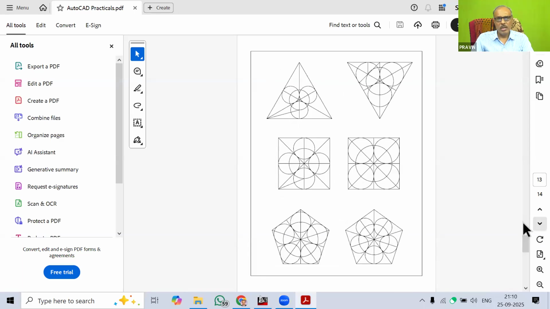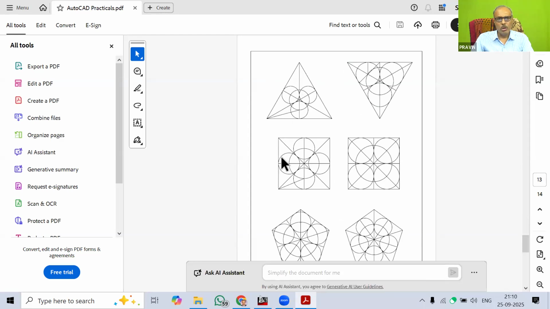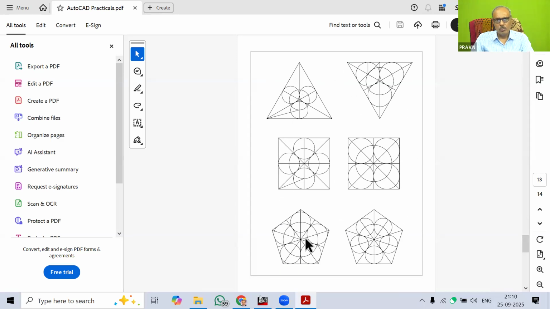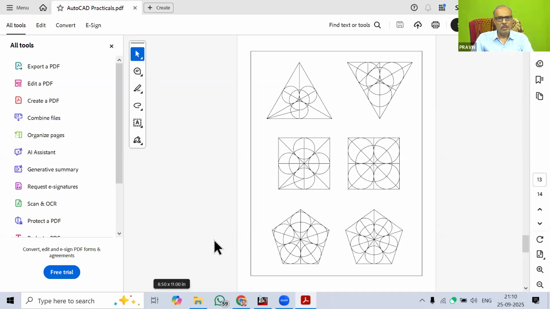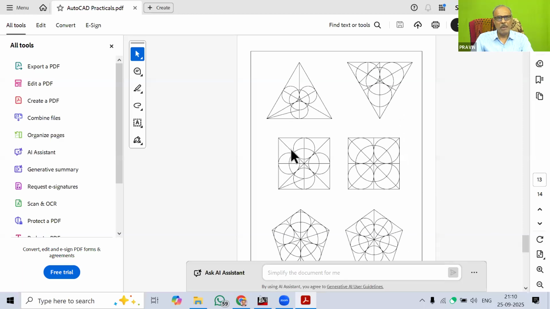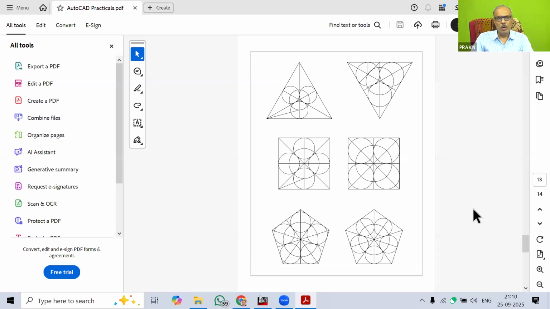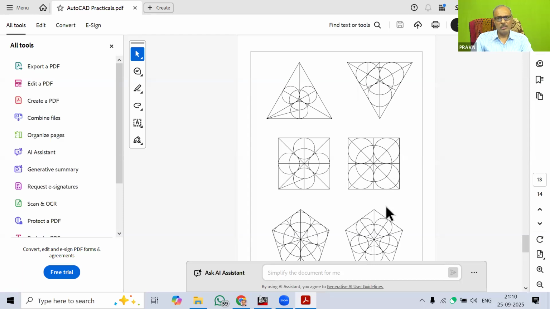So another exercise already I have given. Now we need to draw this type of object. So ये इसकी आपको प्रैक्टिस करनी है. So third screenshot now you have to take. So you should be able to draw this type of objects in the AutoCAD. So how this can be done, so that we will learn now. So for that purpose you must know all this exercise drawing. So third screenshot you have to take to try to draw this type of object in the AutoCAD.